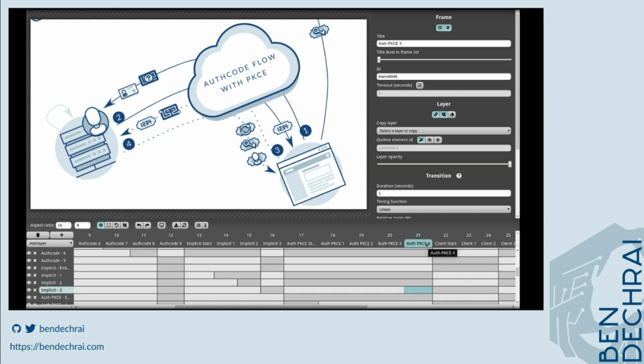I want to create a new frame now, because this is going to bring in line 4. I want to bring that one in as an additional frame. So I'll just call this one PKC5. And to all intents and purposes, they're exactly the same, except on 5, this is going to be visible. I'll delink that. And then on this frame here, I'm going to move it out of the way. So now we start off with